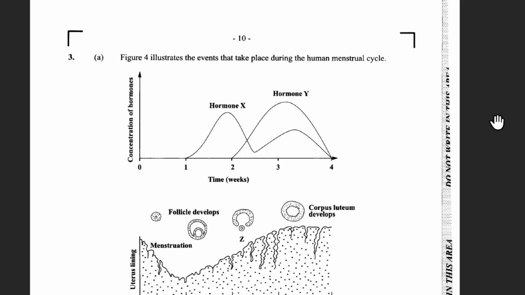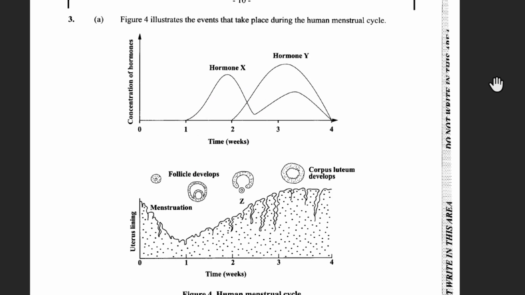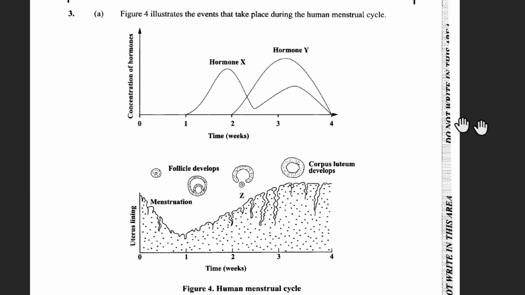Alright, let's look at June 2017. This is question 3. Figure 4 illustrates the events that take place during the human menstrual cycle. And here we have the 2 graphs. Well, 1 graph and 1 matching illustration here. Here we can see different concentrations of hormones X and hormone Y, and we can see the thickness of the uterus lining or the endometrium that matches the timeline of this in terms of weeks. We also have the development of the Graafian follicle as time goes on, and eventually the formation